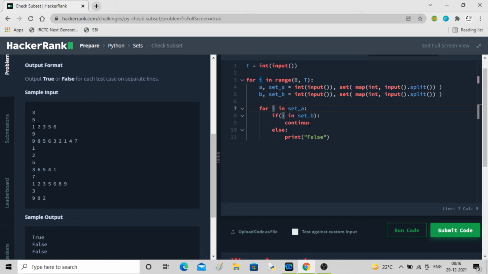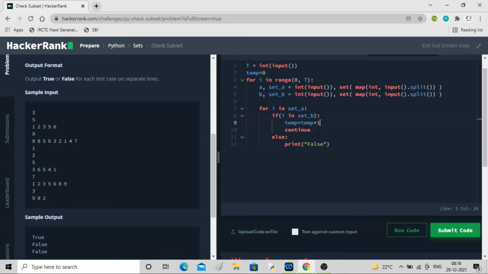So what I'll do is use a temporary variable, just to make a count. Temp is equal to 0. Here I'll do temp is equal to temp plus 1.